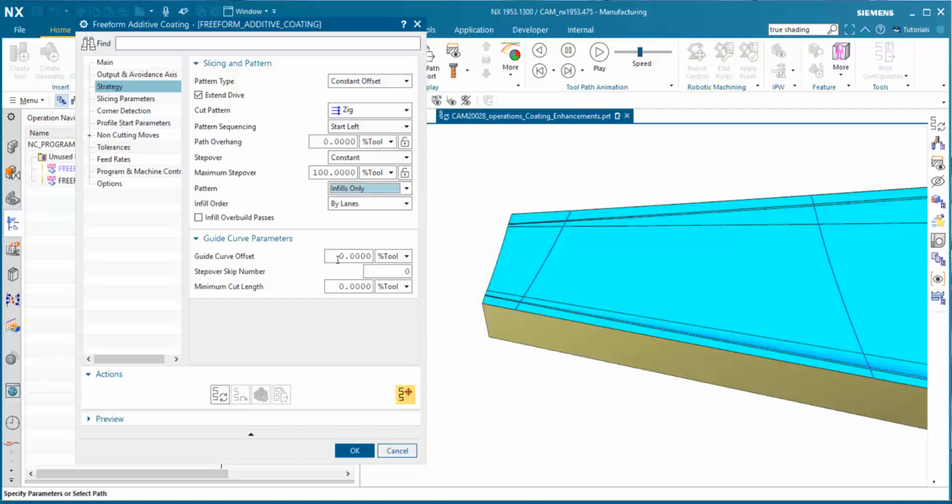Guide curve offset means it's going to take from that guide curve we selected and offset the first bead 50% from it, or whatever we input. In this case, because the guide curve is also the edge of the containment, I want to offset the bead